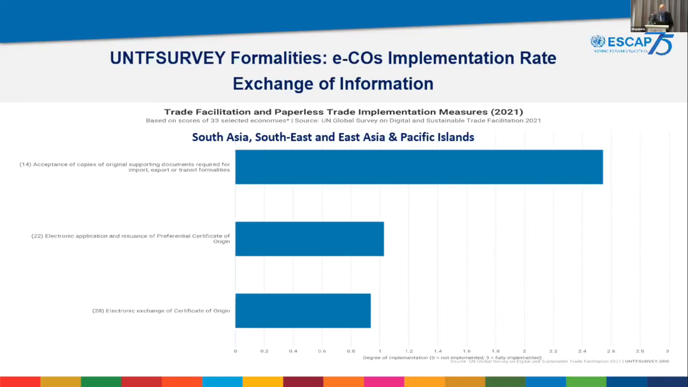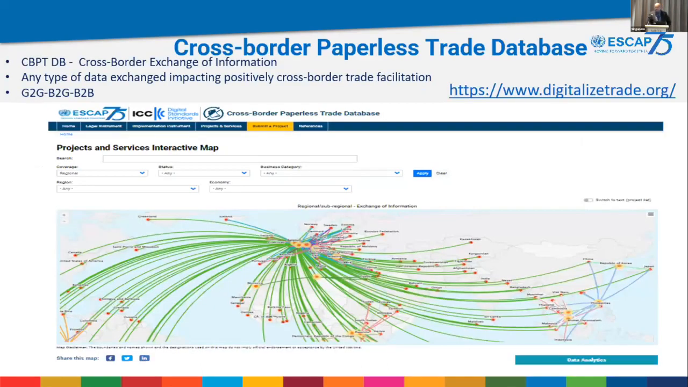So this is one aspect that I would like to mention from the global survey, and you can go there and make your own analysis with the different aspects regarding, for example, the acceptance of copies, which would be the version of the PTF accepted by the different countries, or acceptance of digital documents. I would like also to mention